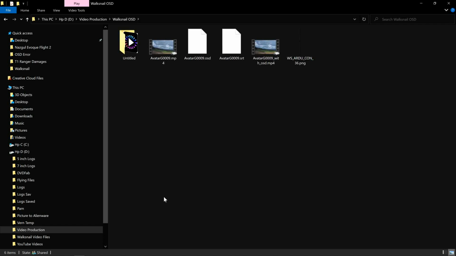The Walksnail records 3 different files to its SD card in the receiver. It records the video as an MP4. It records the data it gets from the flight controller for OSD in a file called .osd, same as the Avatar G number it gives the video, names the video, and an SRT file, which is the information at the bottom of the